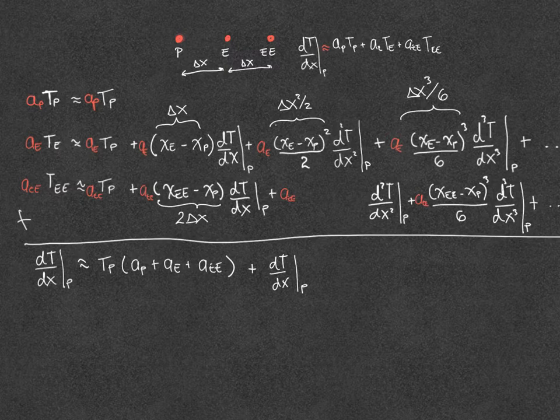So we'll have 4 delta x squared over 2, and this one is the same, so it's gonna be 2 to the 3rd, so 8 delta x over 6. Okay,